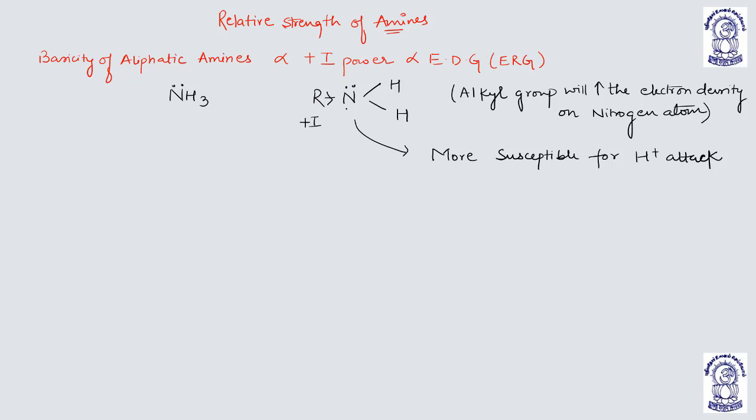This nitrogen, which has more electron density, is more susceptible to H plus attack, and that is why it is more basic. So when we compare ammonia, primary amines, secondary amines, and tertiary amine,